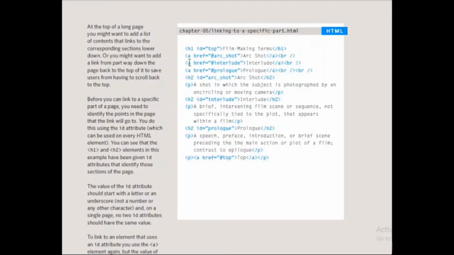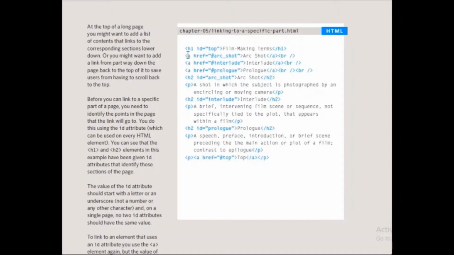For that, we are going to be using this. Inside the h1 tag, we will give the ID of each part of the page. By giving ID, you are dividing your page into multiple parts. So the name of one part is ID is equal to top, which will have this area. Then we have another ID is equal to interlude, which has this area. Then we have ID is equal to prologue, the third part. So basically we have divided our page into 3 parts.